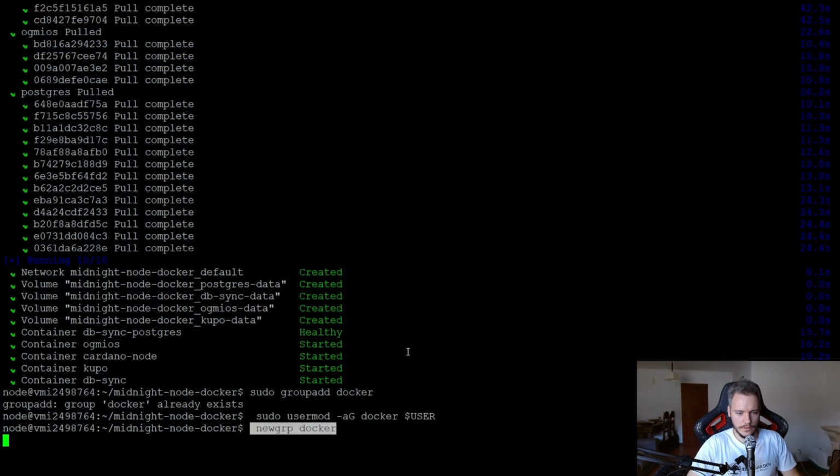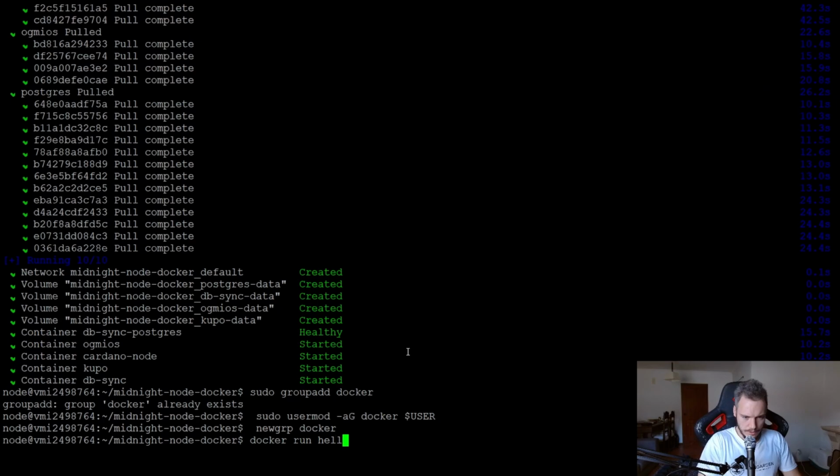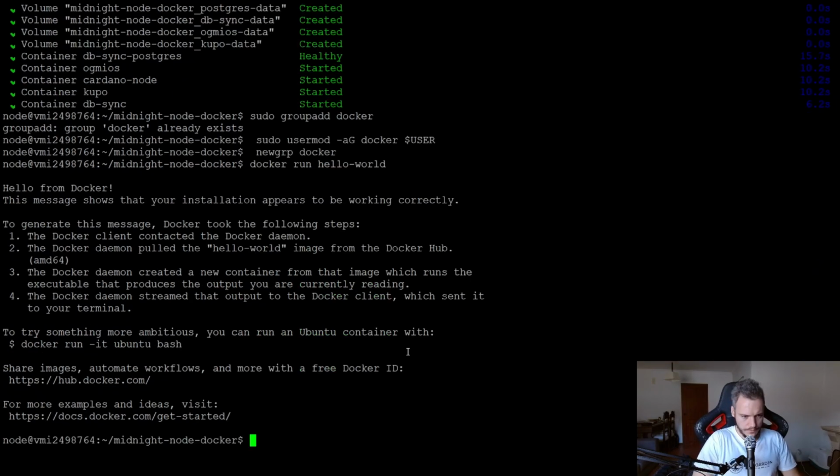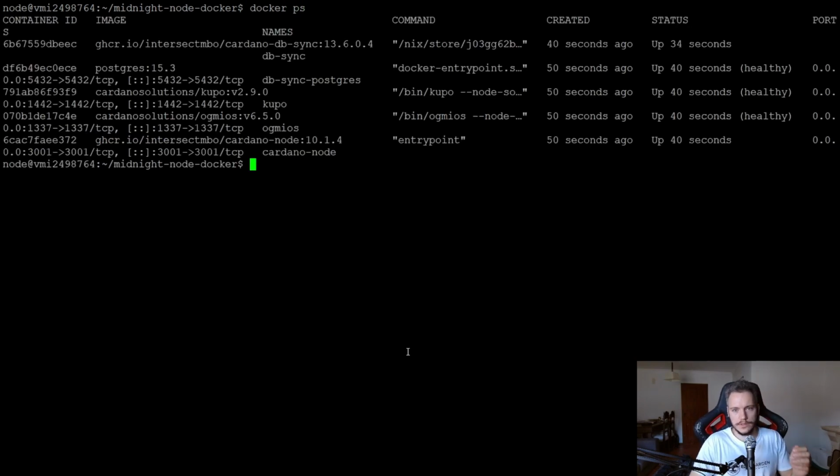I guess instead of logging in and out, we can run this, and now I should be able to run Docker hello world without sudo, and it works. So I should be able to run it without sudo now. All right, so they are running. If I do docker ps, I can see